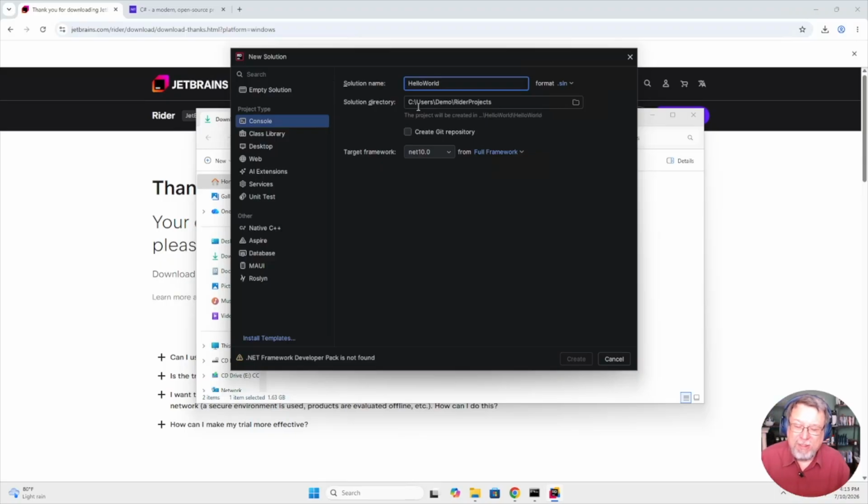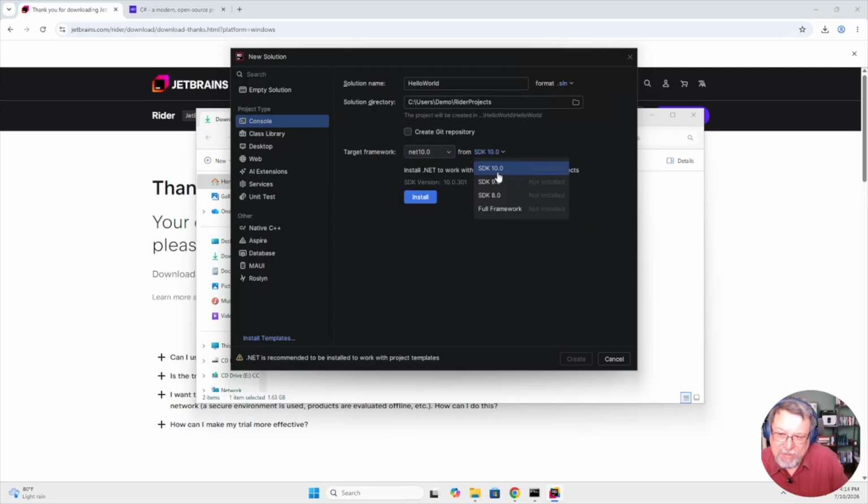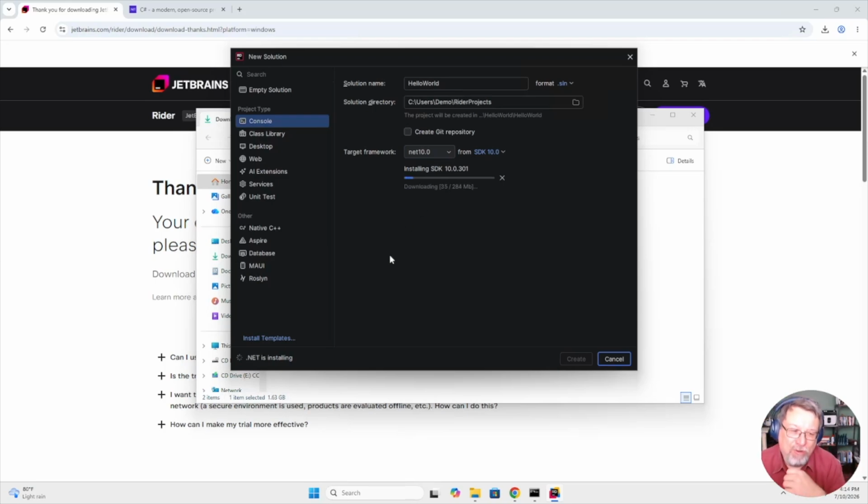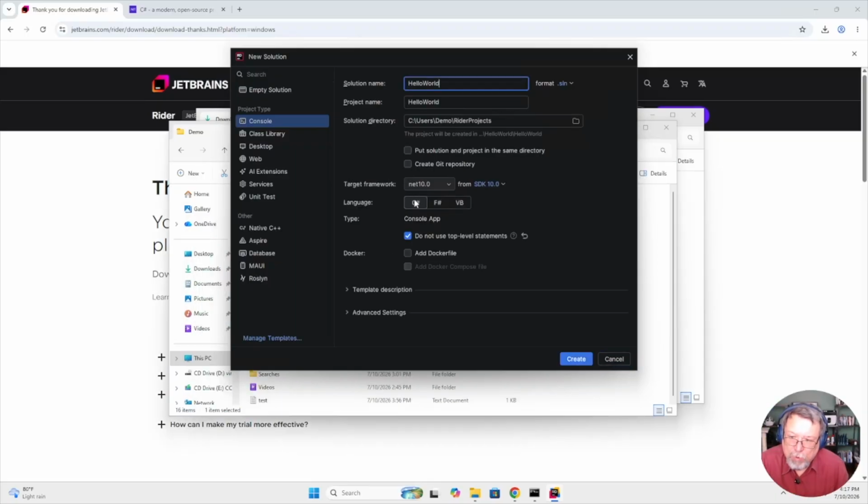We're going to use one word here that's pretty typical for programming projects. And we want this to be .NET 10. We'll explain that later. We're going to choose the SDK 10.0. This will allow us to install the framework. This is a thing you have to do the first time you do this. After that, it'll be installed for every project you use. So we just sit here, twiddle our thumbs while Writer downloads it. We're going to choose C#, and we're going to check the do not use top-level statements.